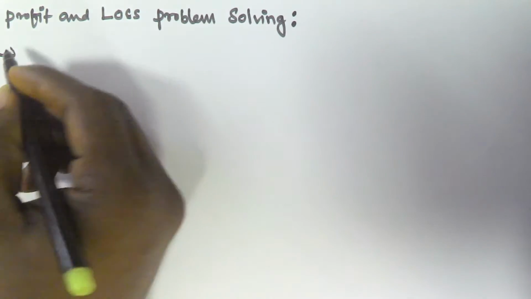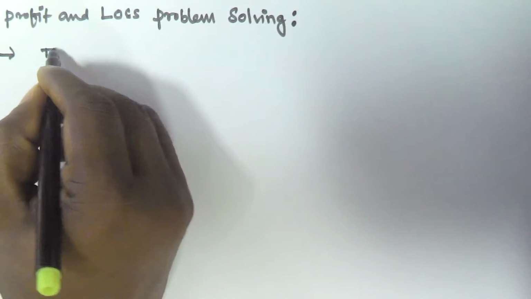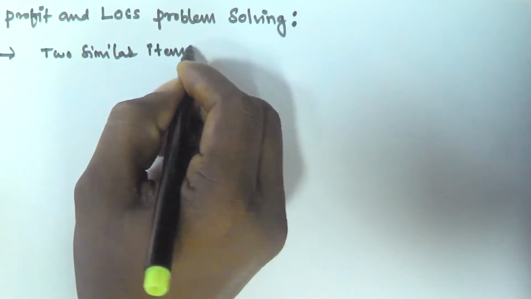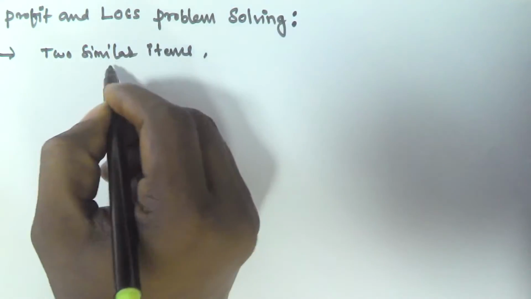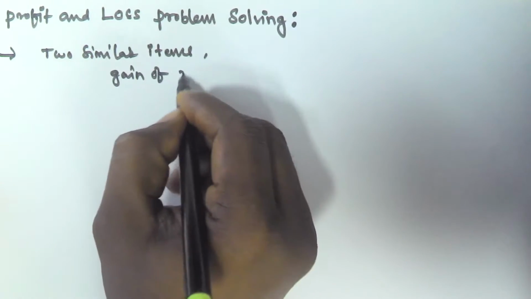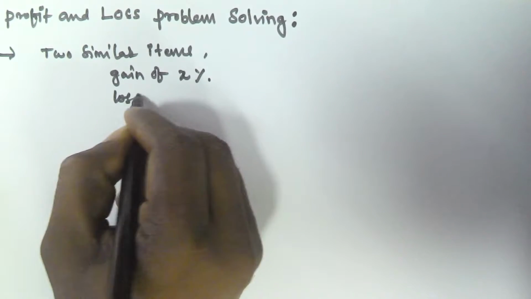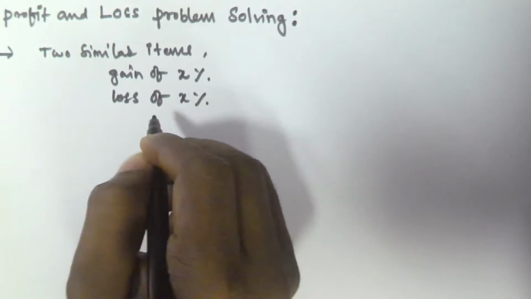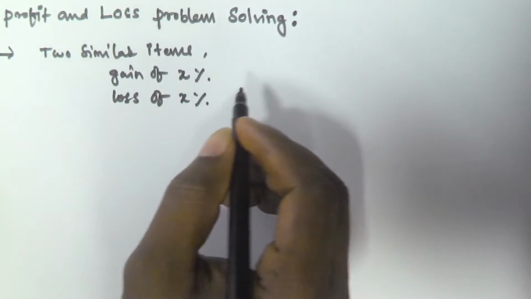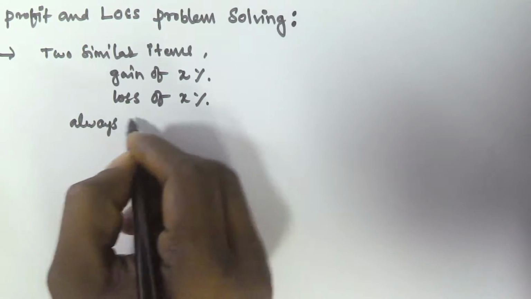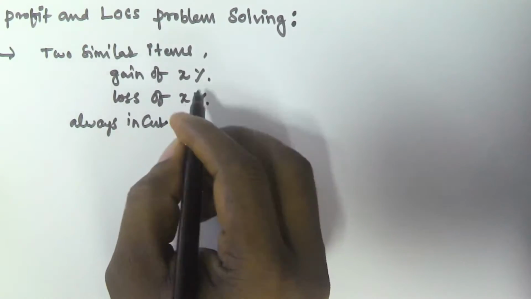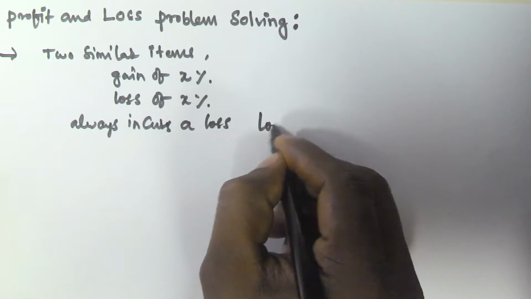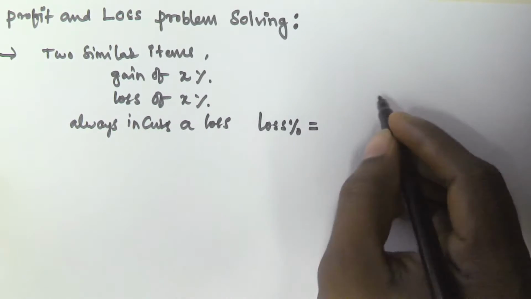For example, if a person sells two similar items, one item at a gain of X percentage and another item at a loss of X percentage, then the seller always incurs a loss, and the loss percentage is given by